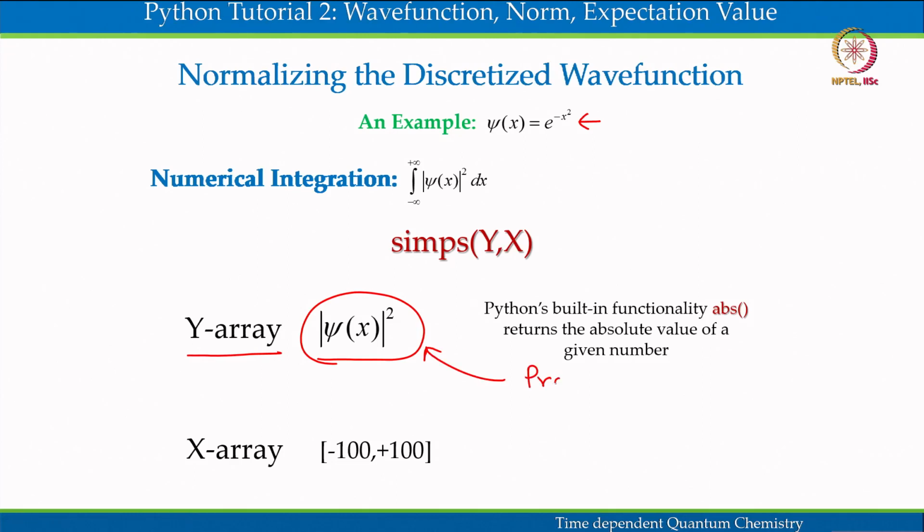which is the square of the absolute value of the wave function. And this y array has to be integrated. The probability density function is sampled at the points present in the x array, and we know that we have defined it as minus 100 to plus 100. So it is the x grid,